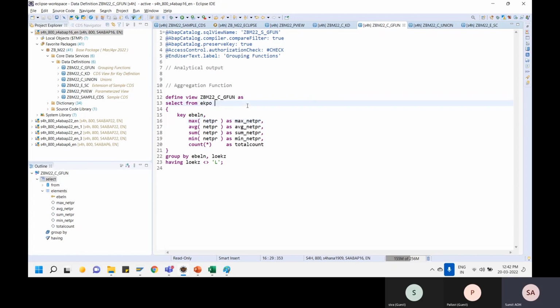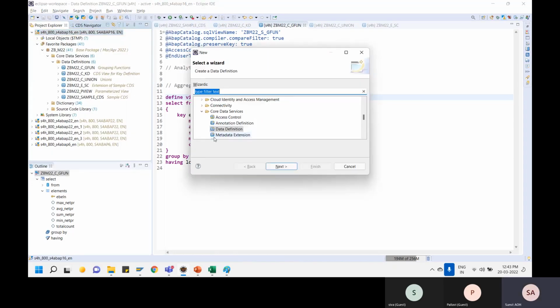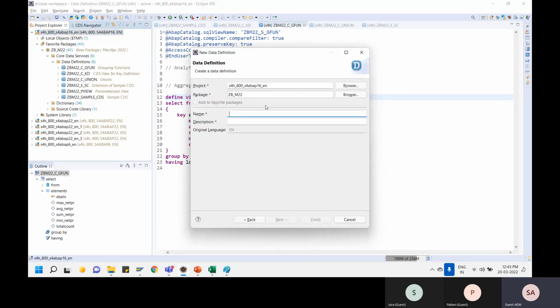Now, if I go one more step forward, that this was the simple view. I want to extend a view which is containing a grouping function. So it seems a very simple thing. Let me close this first, this as well. Let's just say I want to extend this view. I'll go over here and say data definition. Next over here,